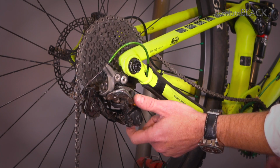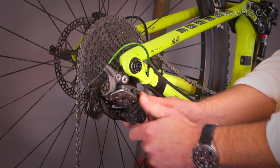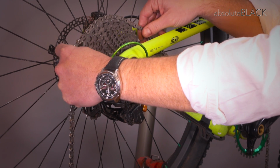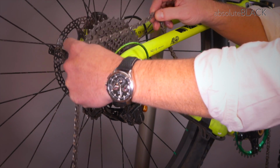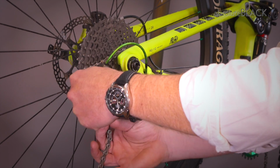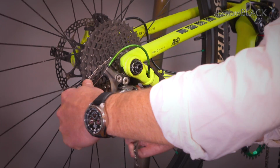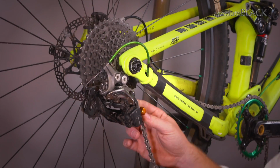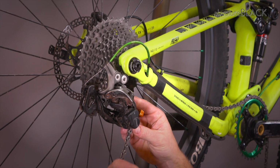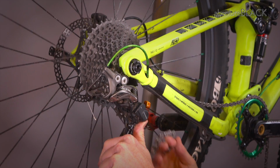The next step is to remove the clutch from the rear derailleur, because otherwise you won't be able to move the arm forward. Next we take the chain from the largest rear sprocket to the smallest rear sprocket, and we then very carefully thread the chain around the underside of the cassette sprocket, around the top of the derailleur,